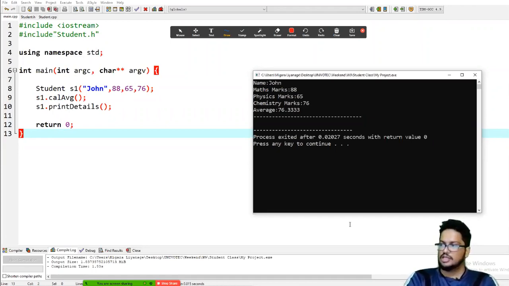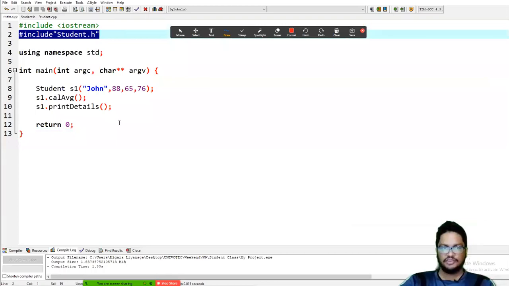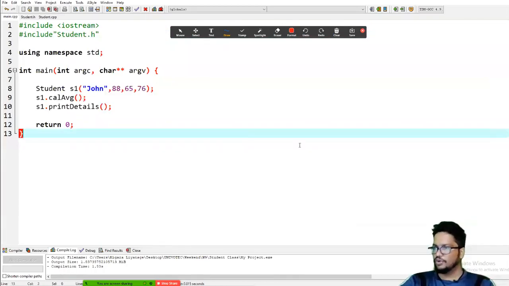So today onwards, when you are going to create object-oriented programming code, if you are going to create something related to classes and objects, if you are using classes, definitely you have to create the files like this. The class declaration in a header file, and the file name should be the class name. The class definition in the CPP file, and the name should be the class name. And in the main you have to include the header file, and then you can do whatever you want.